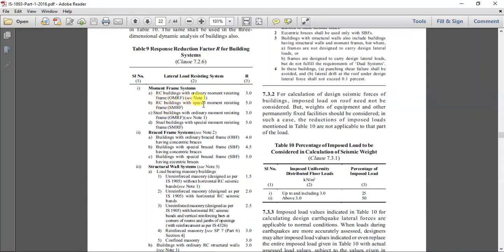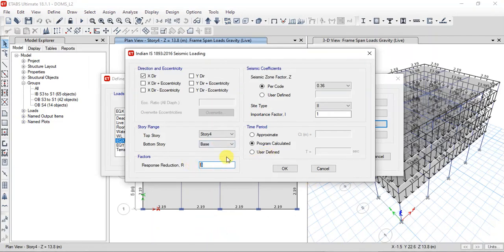If you have an RC building with special moment resisting frames, then that is 5. And if you are considering steel, ordinary it is 3 and special is 5. So we are going to select this as an RC building with special moment resisting frame, SMRF, which has response reduction factor 5. So that value has been considered here, and click OK.